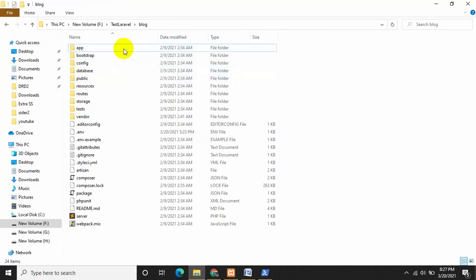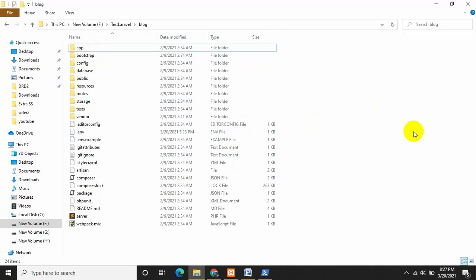You can see app, config, database, public, resources, routes, .env. Now why do you need to learn it? You are going to work with the Laravel framework, right? And if you don't know how these folders or files work, then you just don't know anything. So you at least need to have some basic idea about those folders and files.